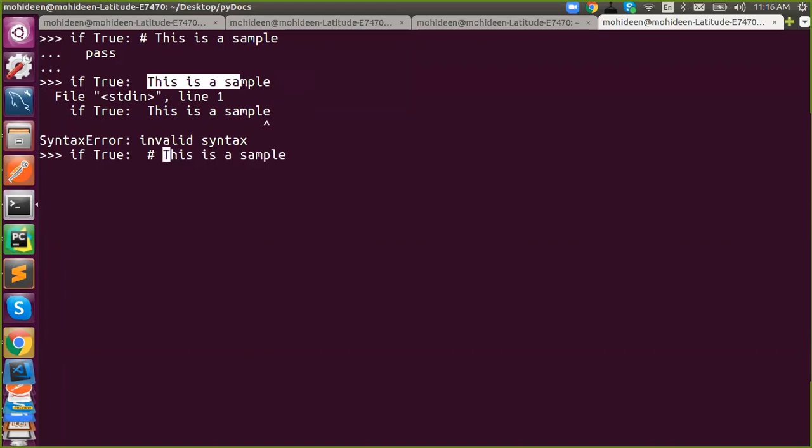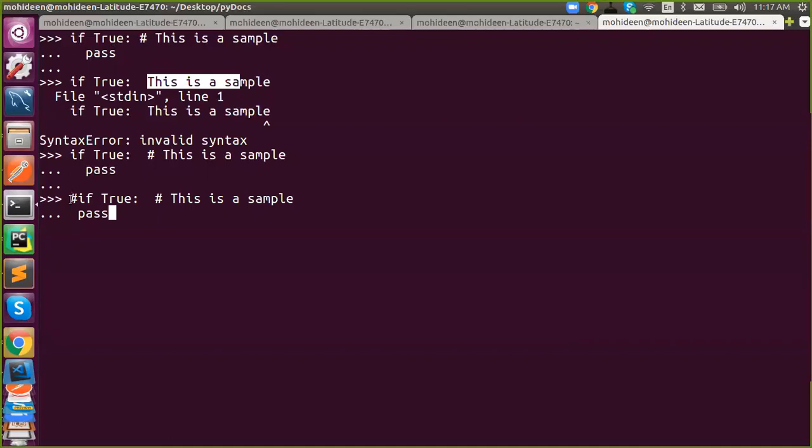If you want to keep it as a comment, just say hash and start writing your code. If you use hash in the first line, the complete line will be commented. And if you say pass, what happened? Now it will raise an error, which you said before.